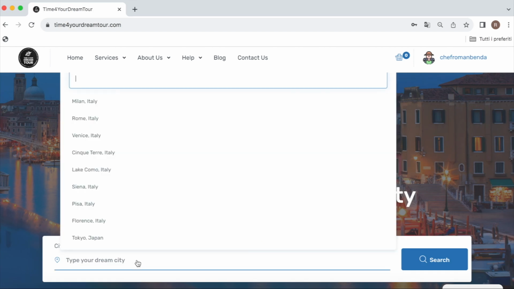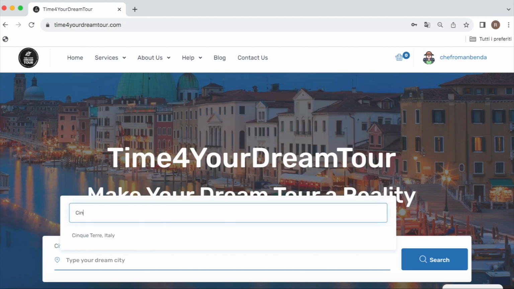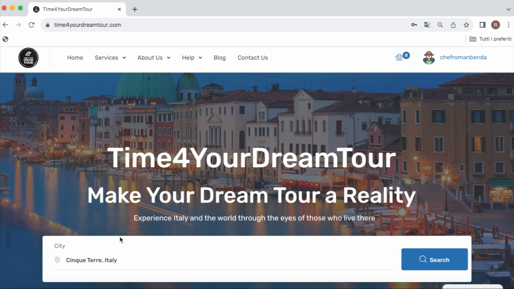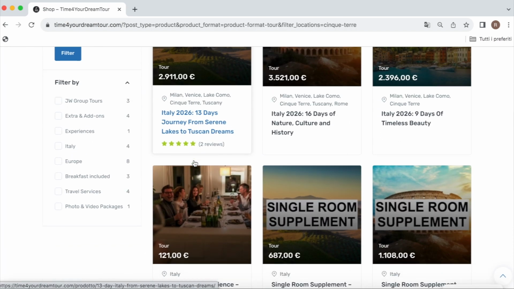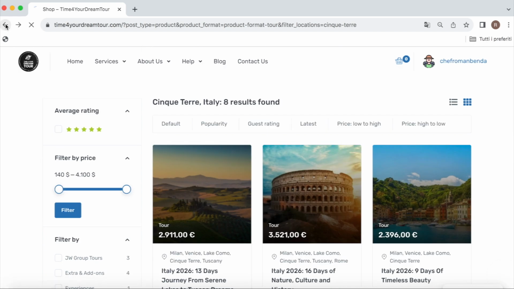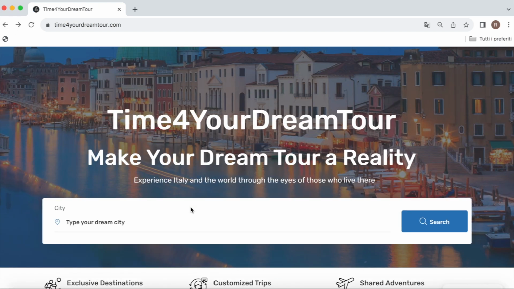On the home page, you'll find a search bar that allows you to type a specific location, not a country. You don't need to search for the country, just enter the place you would like to visit. For example, you can type Cinque Terre in Italy and see all the multi-day travel packages or day tours available